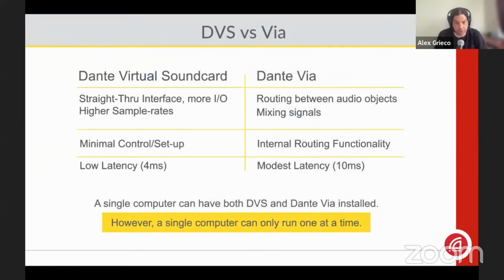But as we look into these, there's a few similarities and a few differences, and ultimately there may be some limitations depending on your use case. The applications are specific. DVS is really highly tuned and tailored toward sending and receiving audio. Via is really tuned toward routing and flexibility, but there's trade-offs in both of those